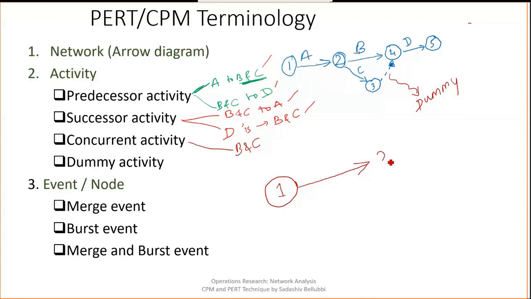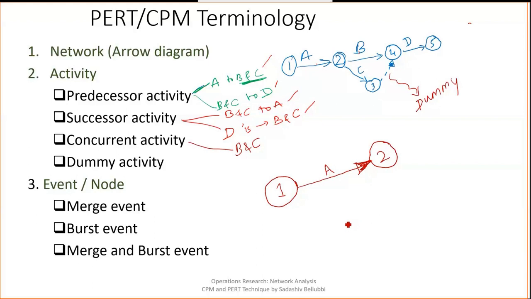While completing, give the next number and draw the network like this. Again, this arrow mark has to touch the next circle, and after that, the activity has to be written on this arrow mark. This is the AOA network.